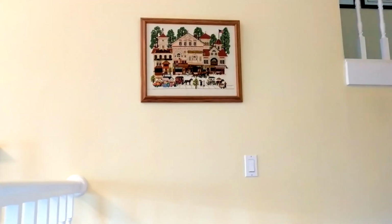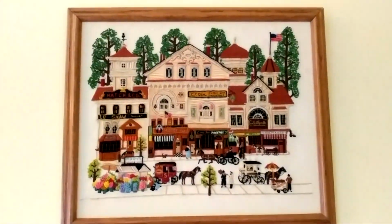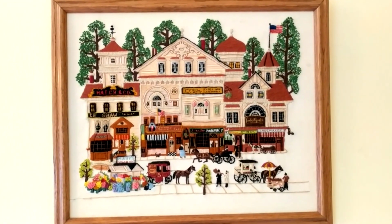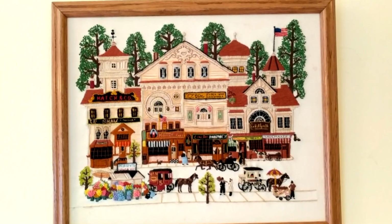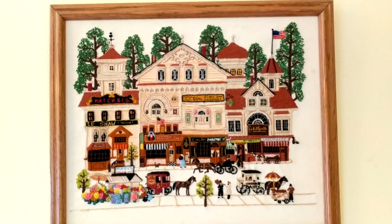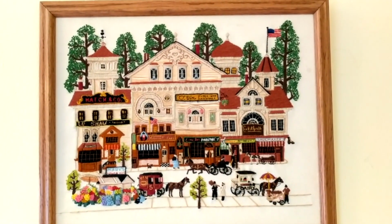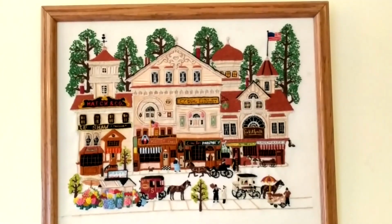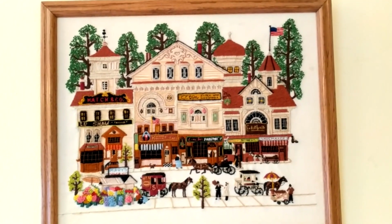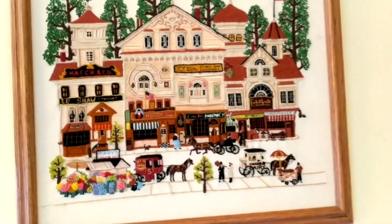And then as I pan around up here, I actually switched out this picture. I had one that I had made in high school, and this is actually another one that I made. I embroidered this for my mother when I was in college, and it is a Charles Wysocki print, but it is an embroidery of it. My mother loved Wysocki designs and paintings, and so when I found a kit for one of them, I got it, and it took me a long time because this is all embroidery,